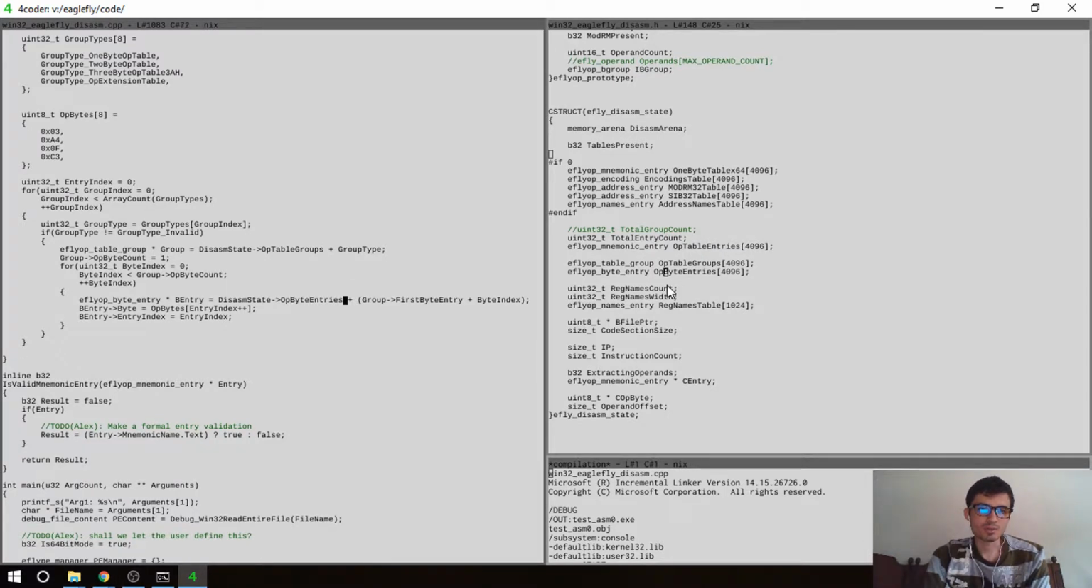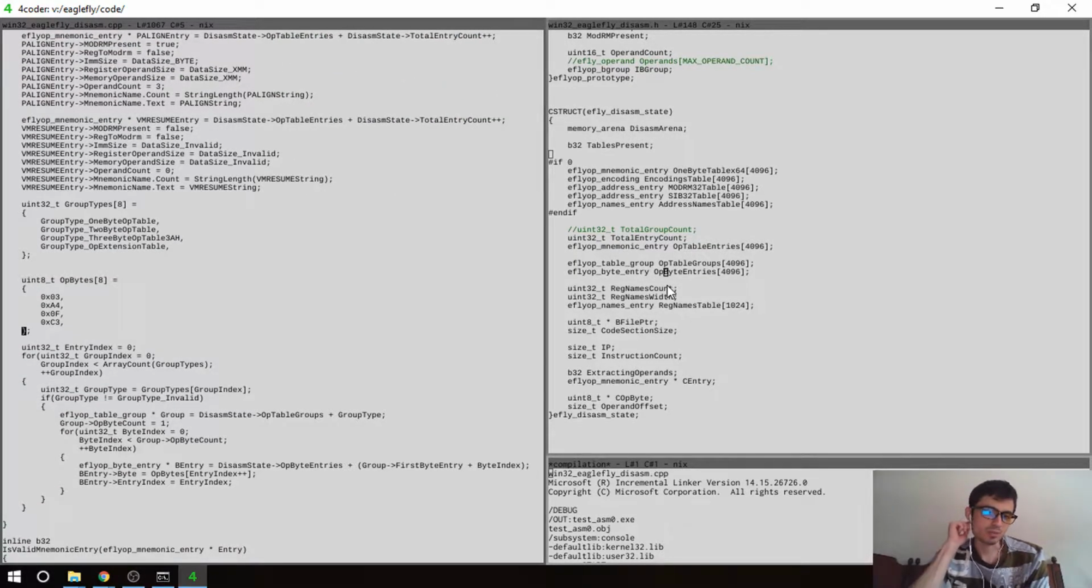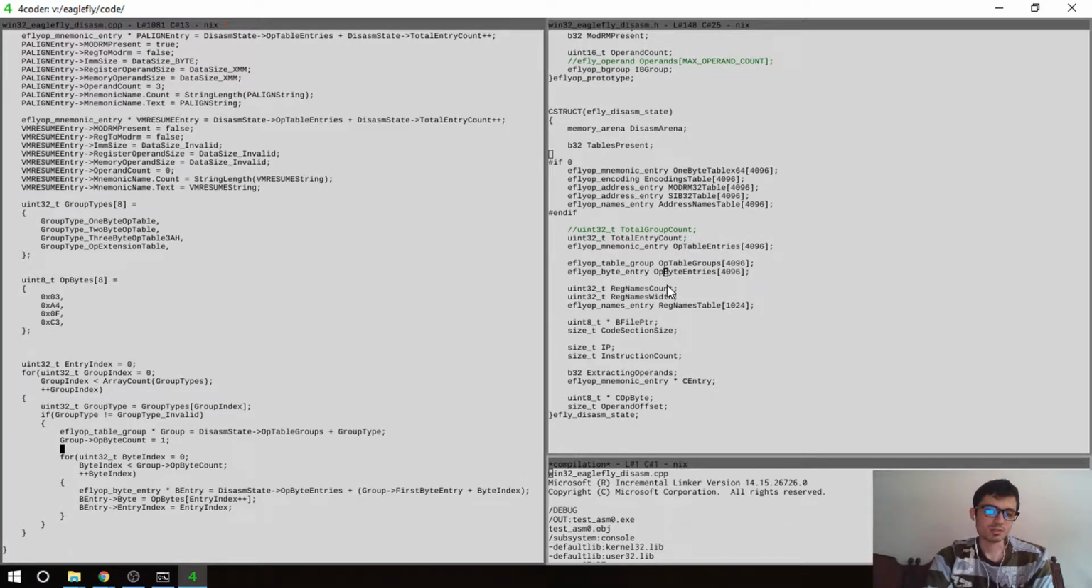In here, this is the initializer, isn't it? Yeah. So this is the entry initializer, which is alright, that's good. And we have to initialize as well the tables for the up by entries. So this goes for the groups, and if I say group disassembling state group type up by count, it's gonna be that